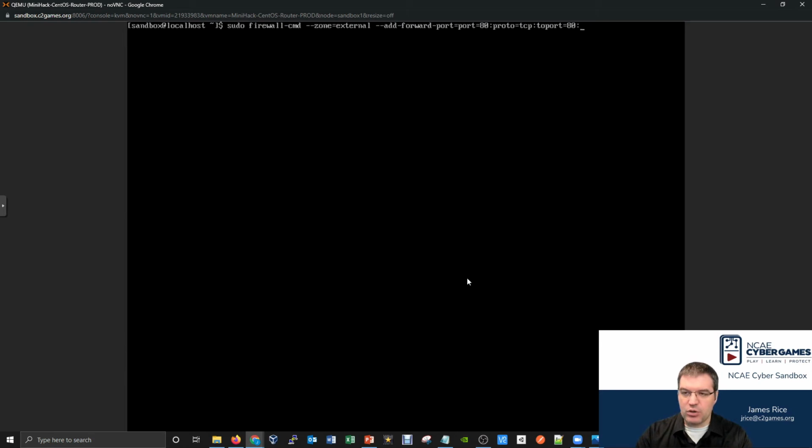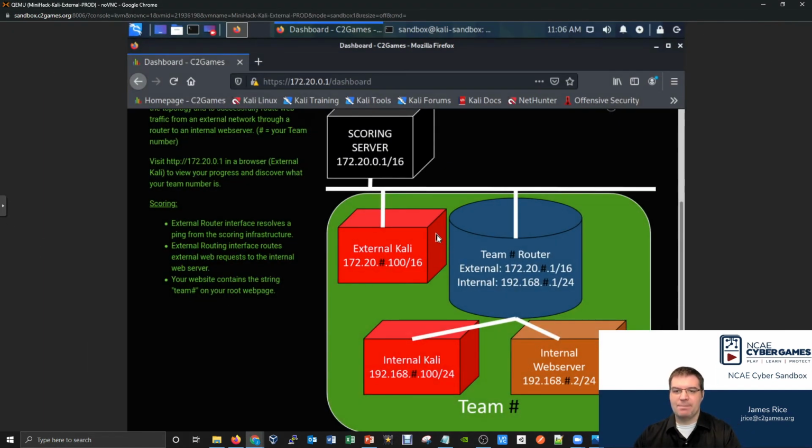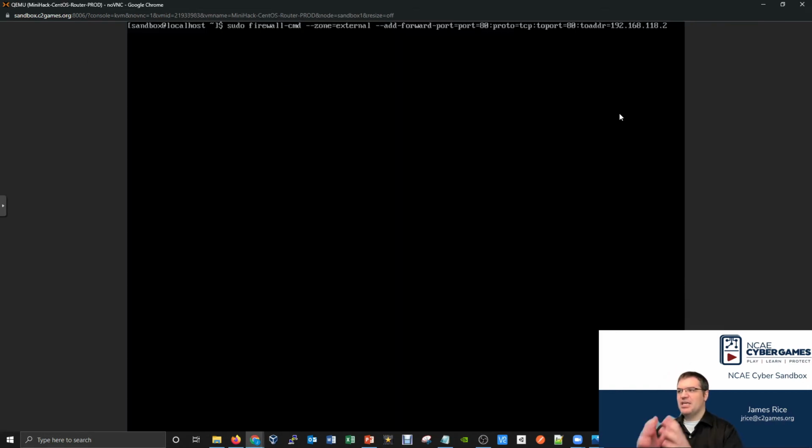Okay, and then finally we've got another colon, and now we'll have a toaddr, as in to address. So this is where if you get a request coming in, you have to specify what ports you're forwarding it to. You also have to specify what's the IP address. And of course, the IP address where I want this to go internally is 192.168.118.2. If we refer back over to the diagram, that's the IP address of my website. So an external HTTP request gets forwarded to port 80 on this internal web server. That's the goal of this particular command. And if you want this command to last, to survive a restart, you have to toss in that --permanent